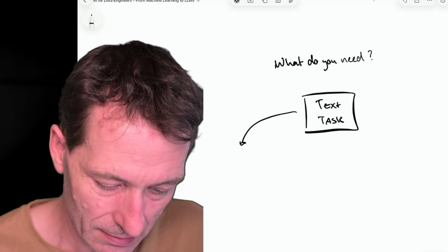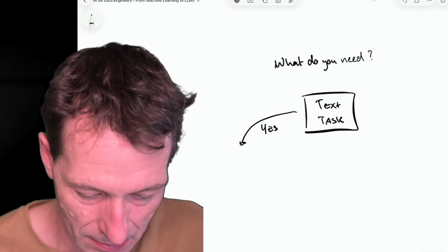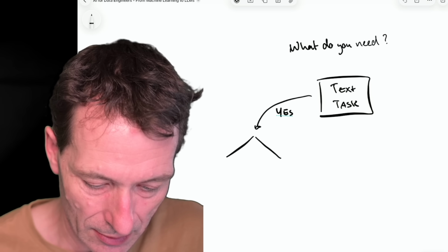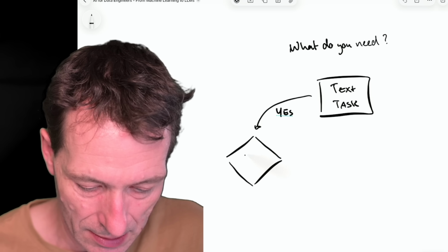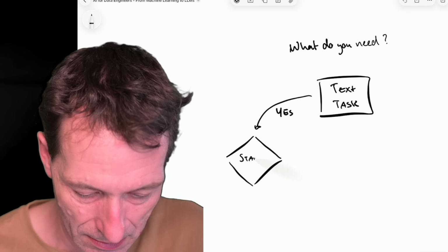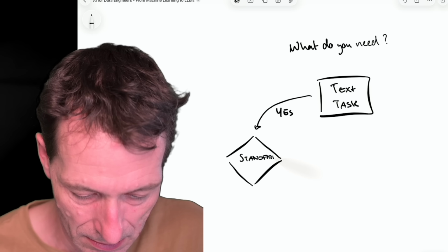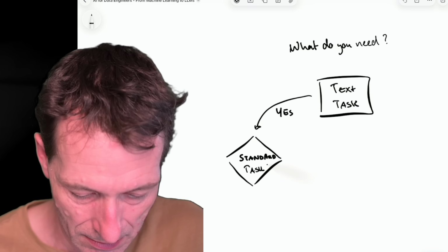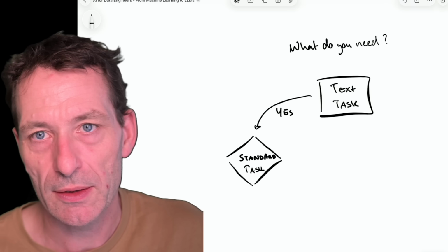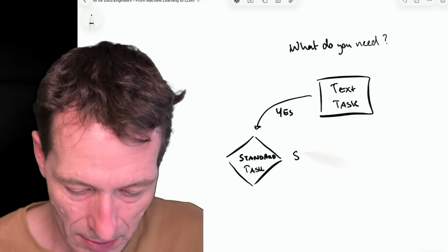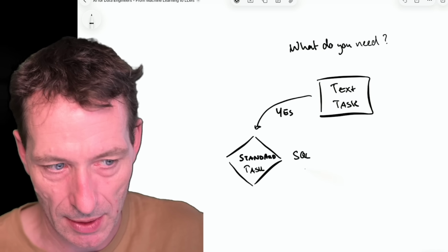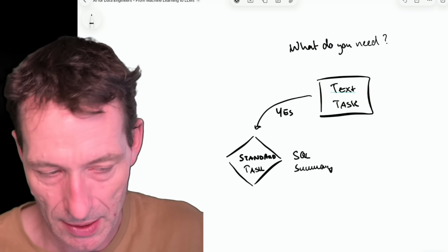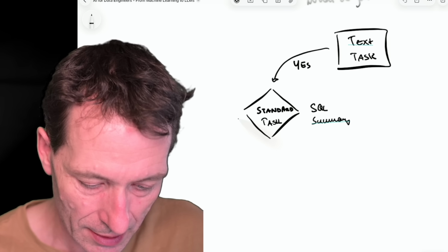If yes, then the next question is, is it a standard task? Standard task could be SQL code, in our case, right? Summary, something like that. If yes,